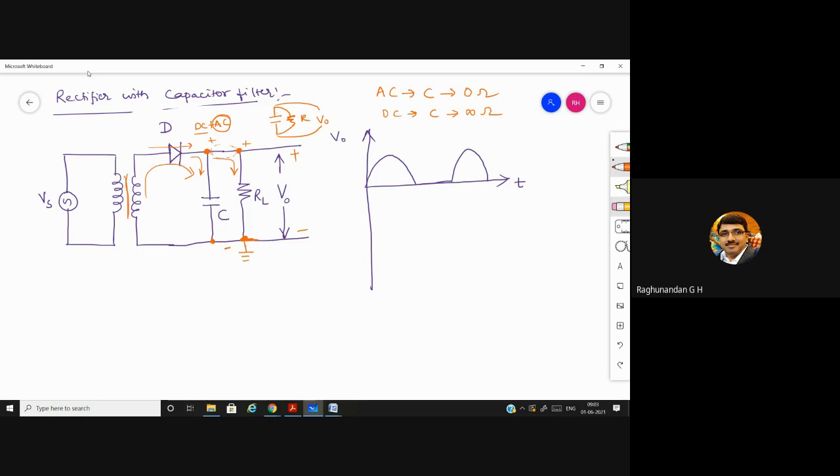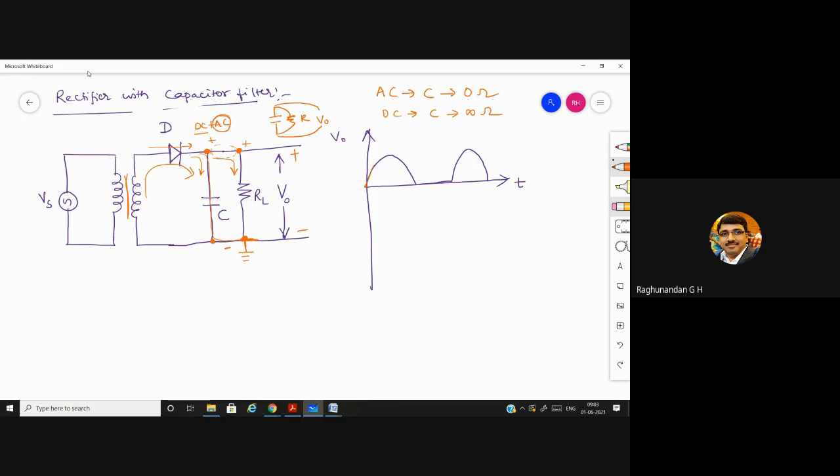So that's why the current is going to flow through this point, and it will go to the ground. And I told you that the capacitor offers infinite resistance, or it acts like an open circuit. But that is ideally speaking; it will not offer truly infinite resistance. When the current is flowing through this, the capacitor starts charging itself.